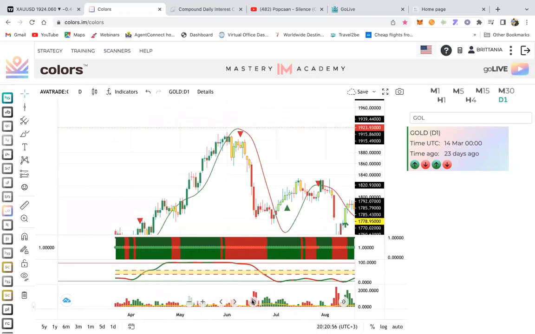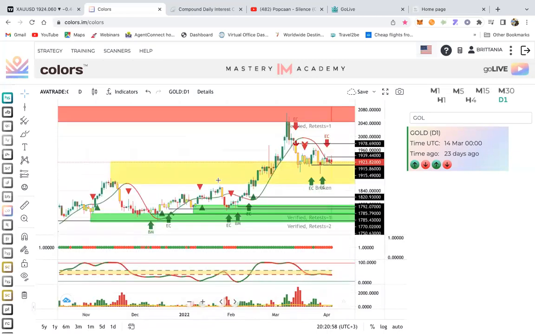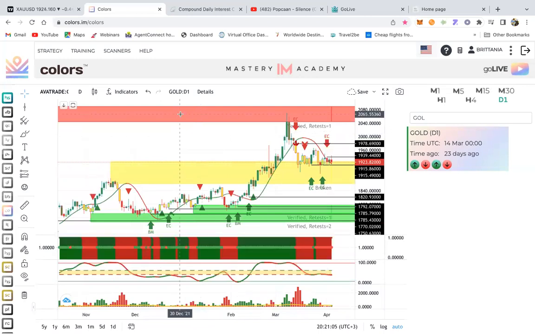All right, so welcome, guys. I'm going to explain to you how easy it is to use colors, right? Now, when you come onto colors, when you first log in, you're going to see boxes. Don't be alarmed, don't be confused. The green boxes are support and the red boxes are resistance, right? So when the market leaves from one area to the next, it creates a pattern in the market, right? So if it comes down, it creates a support, and if it goes up, it creates a resistance. So this takes the guesswork out of you having to draw any chart or any lines or anything like that.